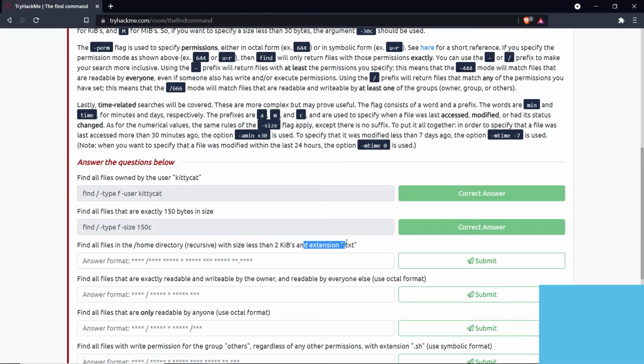Now find all files in the /home directory recursively with less than 2 KB and extension .txt. So now we need to use the size option and the name option also. So we will do find /home -type f and -size -2k, because we don't know the exact size and it's less than 2 KB. For less than we use the minus 2 and k for KB, followed by -name in double quotes, that is a wildcard